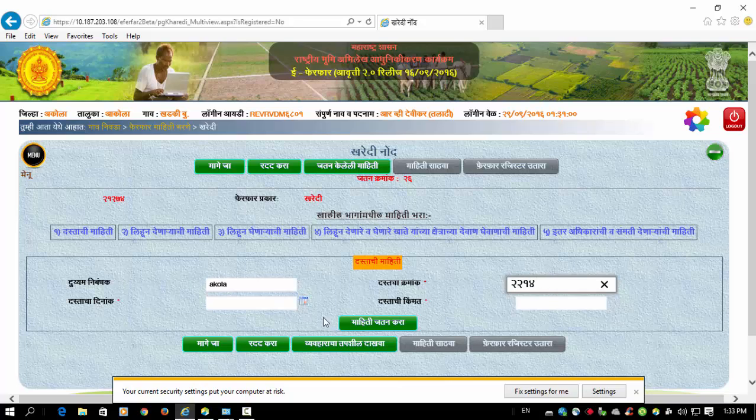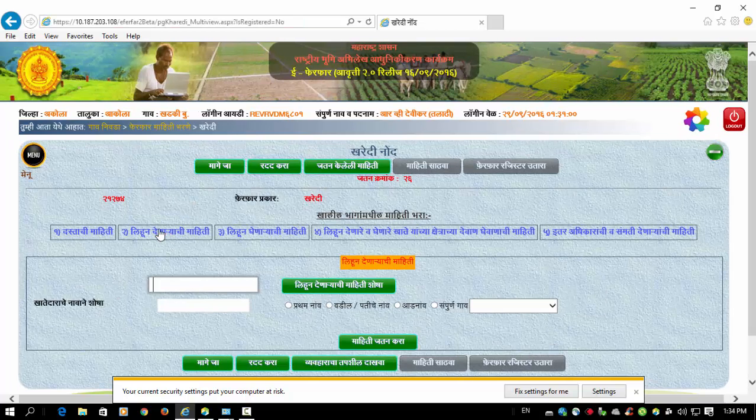The document date is 10th May 2016, when the transaction took place. दस्ताची किंमत is 3 lakhs. माहिती जतन करा. Now we have to save that record.